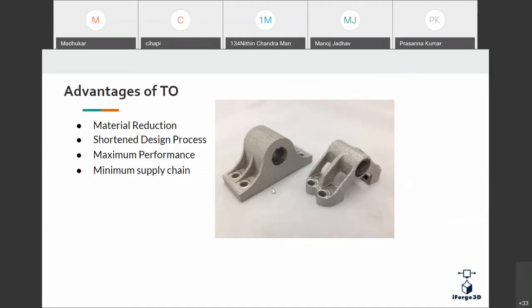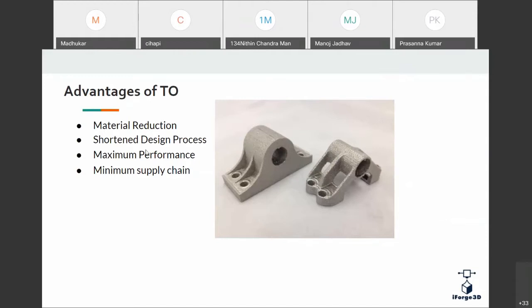So for example, for this particular bracket that you see on screen, the requirement is only 10 quantity. So for 10 quantity, instead of choosing a casting process or a tooling process, we can simply go for 3D printing. The quantity is small, and at the same time we can achieve the same results we get through traditional manufacturing. And an added advantage is that we can optimize the weight of the object also. So that's one application of this optimization. As I said, it has very good application and advantage in the metal additive manufacturing process.